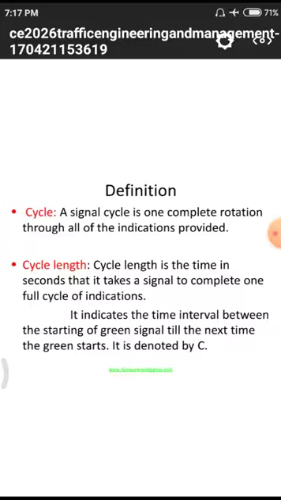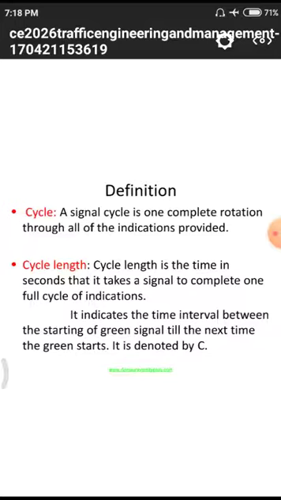Normally in our class we have a particular number of students, so we take attendance in the first hour, simply calling the numbers 1, 2, 3, 4, 5, 6 up to a particular quantity, 60. After that we go for a second cycle, that means in the second class we call 1, 2, 3, 4, 5, 6 likewise. We have to follow a proper cycle. We won't call number 10, then number 1, then number 2, so we have to follow a proper cyclicity, whether front to back or back to front.